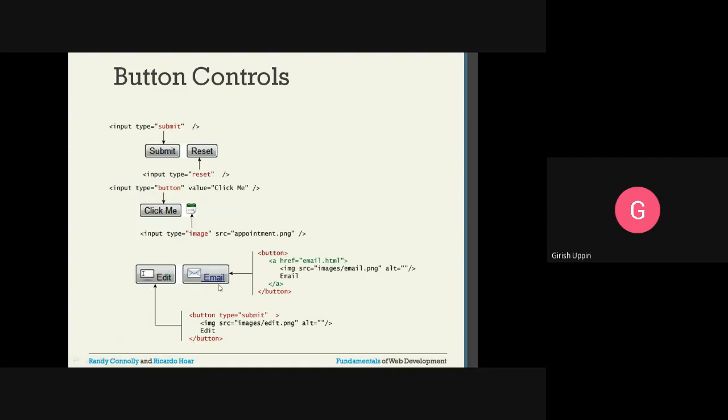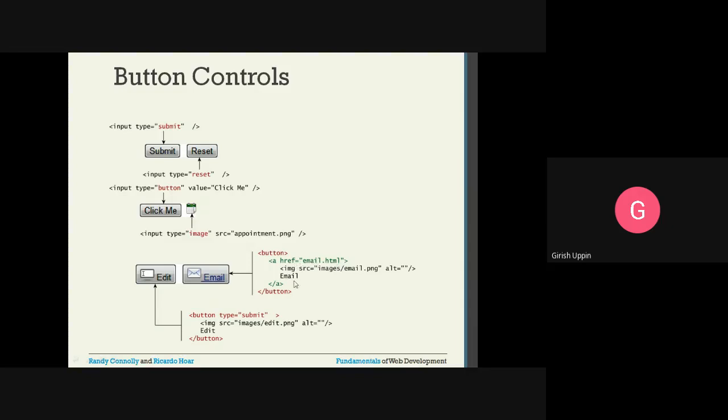And this is where we are using a link inside a button. I have the button opening tag and button closing tag. Inside I have a link, an anchor tag referring to href is equal to email.html.